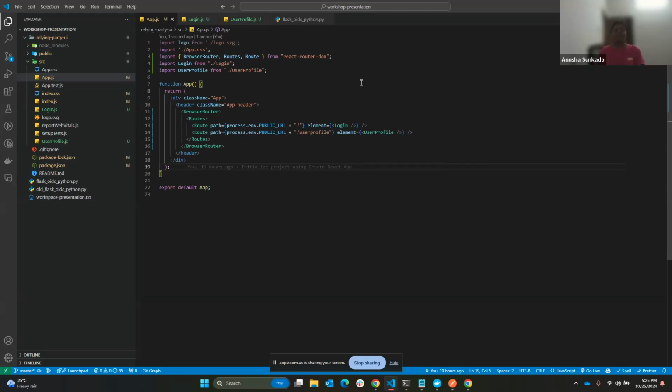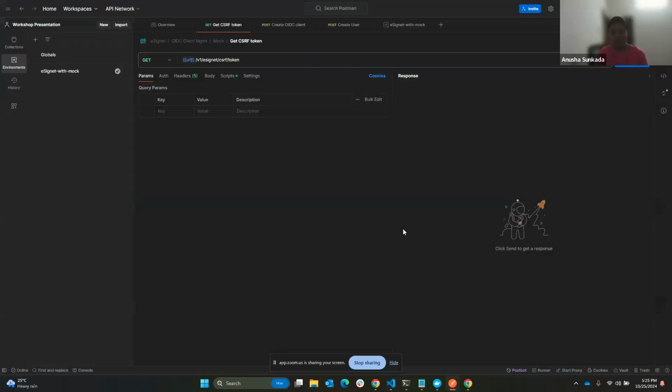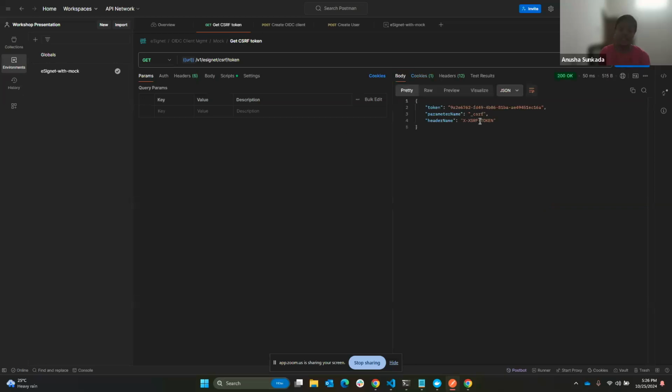So although we are done with the relying party portal, we have not configured our relying party portal with a valid client ID, right? So let's move on to our Postman collection, with which we can register an OIDC client with a locally running eSignet service. As I've already told before, the locally running eSignet service is running with a mock identity system. So it means that it is a straightforward way of doing a client registration,